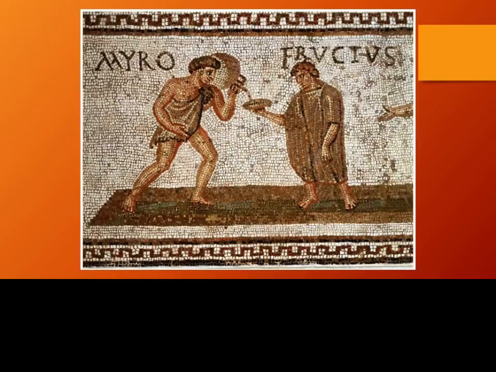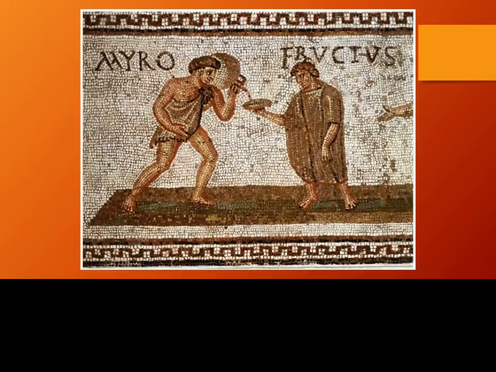The slave is dressed in a short tunic draped over his left shoulder. His arms and legs and chest are visible. It looks like he's leaning forward towards his master and is looking at him. And probably if he were standing upright as opposed to leaning, he'd be taller and quite possibly stronger than his master. And see, the master is dressed in a longer tunic that only reveals his lower arms and his feet. He's looking down at the bowl, and he seems to be paying little attention to the servant.